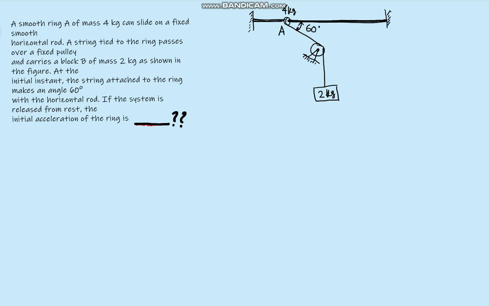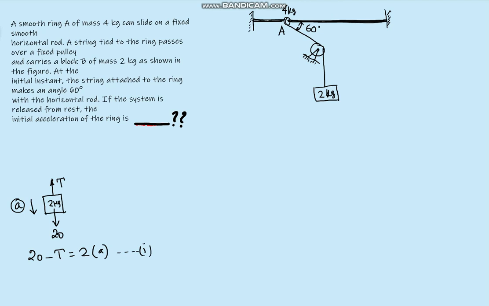Let's say that this 2 kg object, if you consider the force diagram, its weight will be equal to 20. I'm directly writing small g as 10 meter per second square, and this will be equal to tension T. Let us assume that the 2 kg object is moving down with an acceleration A. So we can straightforwardly write 20 minus T is equal to mass into acceleration. This is the first expression.